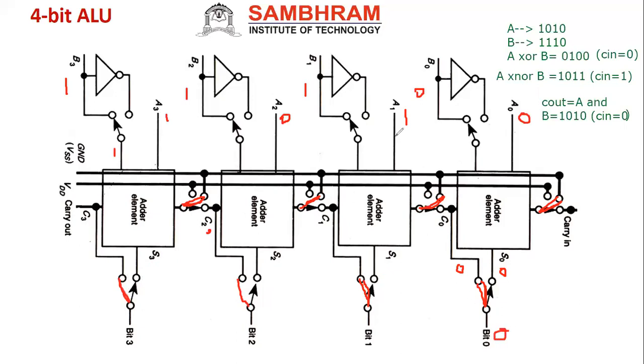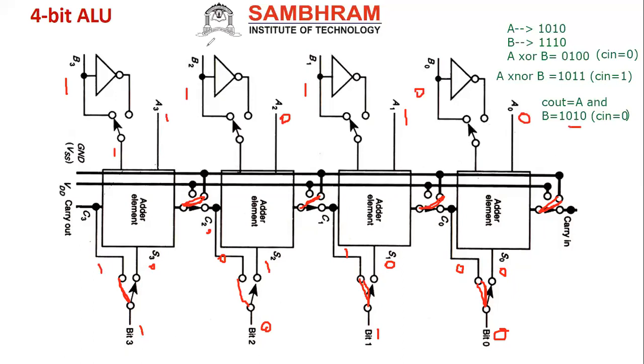0 I'll get. Next 1, 1. This is connected to 0 only. Assume 0 only, right? 1, 1. The sum is 0. Then carry will be 1. Correct? Carry is 1 I'll get. So I'll get the carry only here. Carry is output. Next 1, 0. 1, 0, sum is 1. Carry is 0. The carry only I will get here. Next is 1, 1. Here it is connected to 0 only. So sum is 0, but carry is 1. This 1 only I will get. Now you see the output 1, 0, 1, 0. See, I got it.